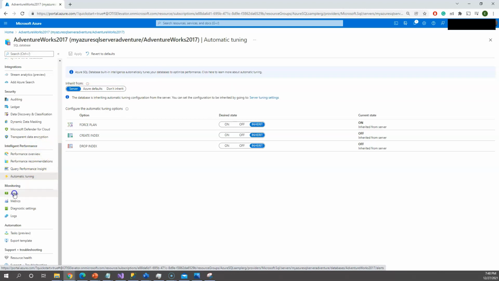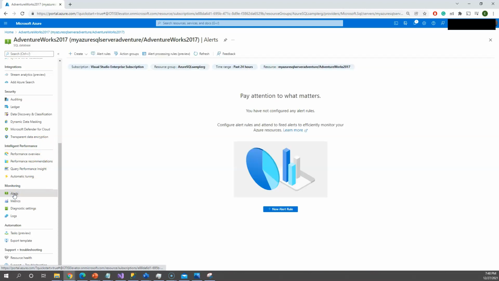The other one is monitoring. Under monitoring we have a lot of alerts you can configure based on what type of alert you want. For example, if the CPU consumption is going above 80%, you want to get the alert immediately. Or if the size of the database is going to occupy 450 GB out of 500 GB, then you want to get an alert. All those types of alerts can be set under alerts so that you will not be getting surprises during production or staging.